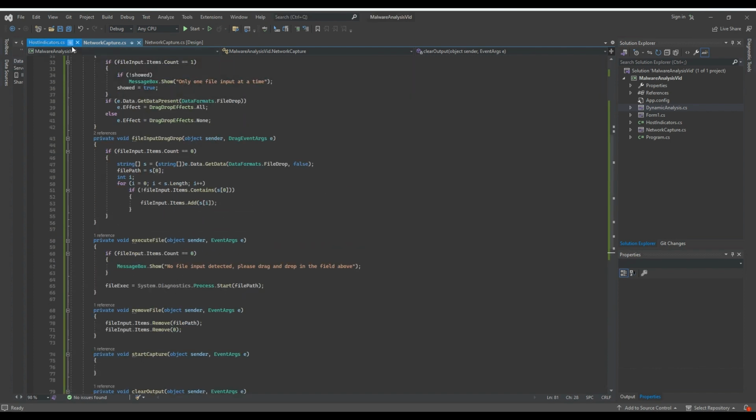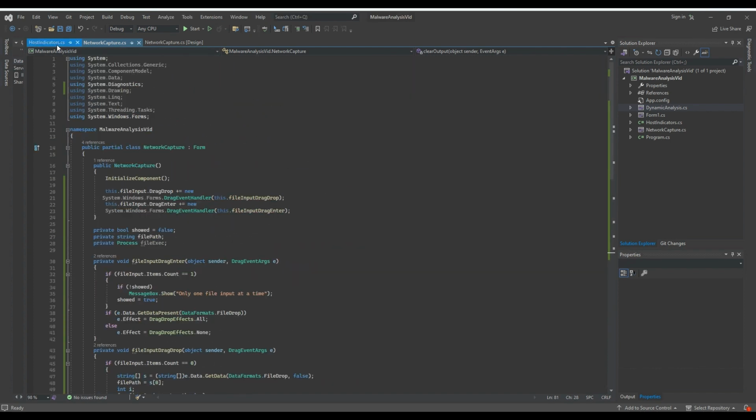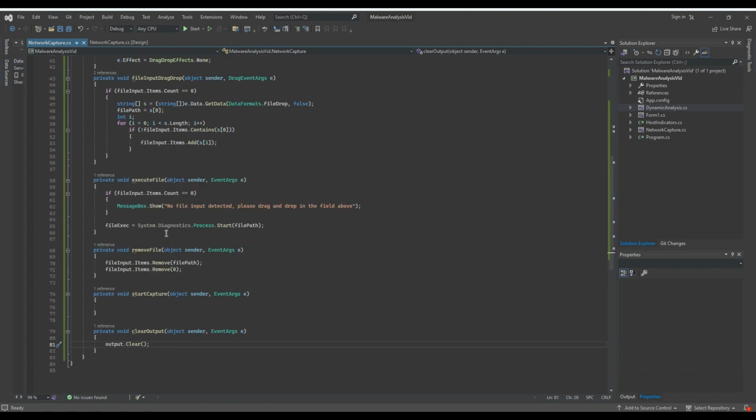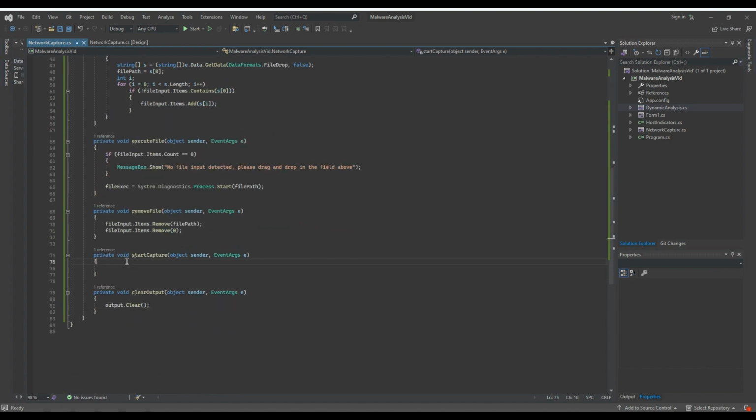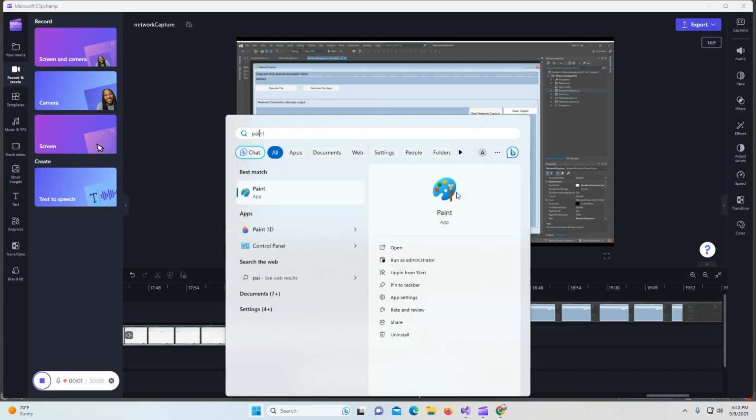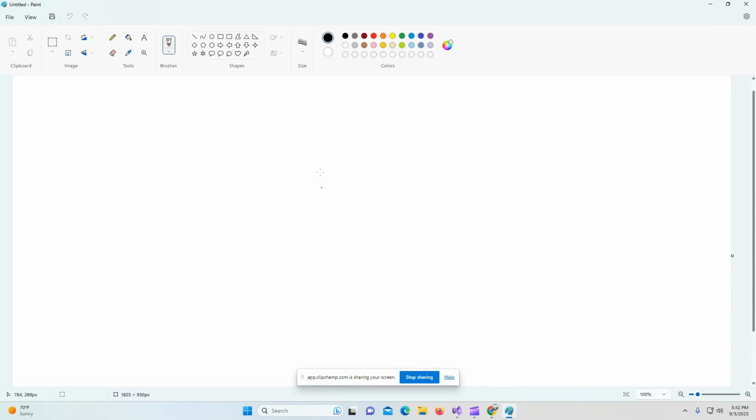But yeah. Anyways, I'm gonna actually get into the program, and the main function we're gonna actually work with is the start capture function. So the idea for this part of the program, this is the network capture part. So this is gonna be the network capture. The idea is to